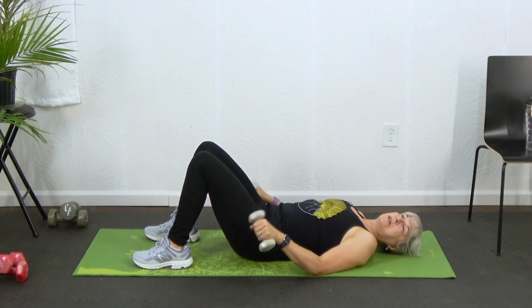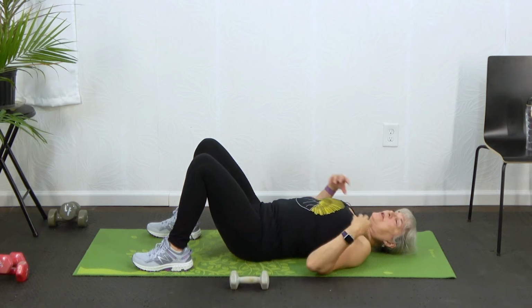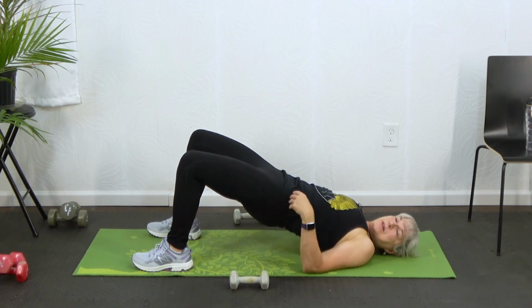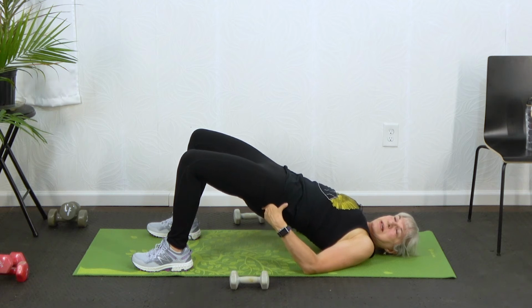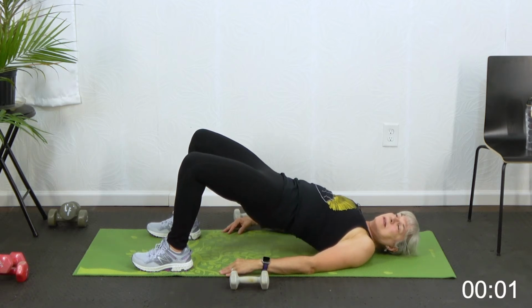The next one we're going to do, I'm going to have you put your hand weights down for the first part of this. You're going to make sure your shoulders are in contact with the floor, your hands are down by your side. You're going to squeeze your glutes together and push your hips up. So I'm squeezing here and pushing and down. And up